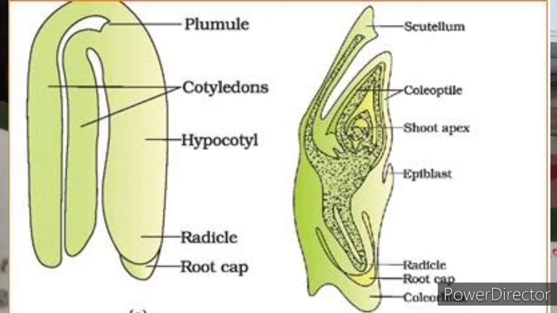Now we come to the monocotyledonous embryo. As you can see in the diagram, it only possesses one cotyledon. In the grass family, the cotyledon is called scutellum, that is situated towards one side. So you can see on the top of the picture that scutellum is given, and this is the cotyledon, on the lateral side of the embryonal axis. At its lower end, the embryonal axis has the radicle and root cap enclosed in an undifferentiated sheath called coleorhiza.